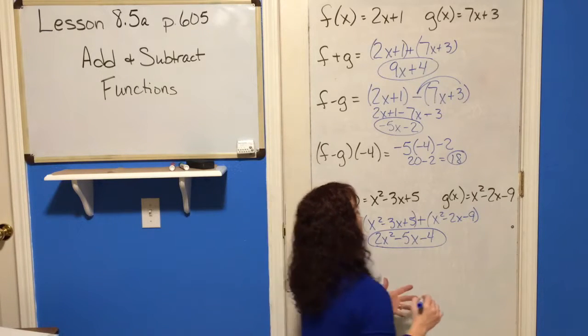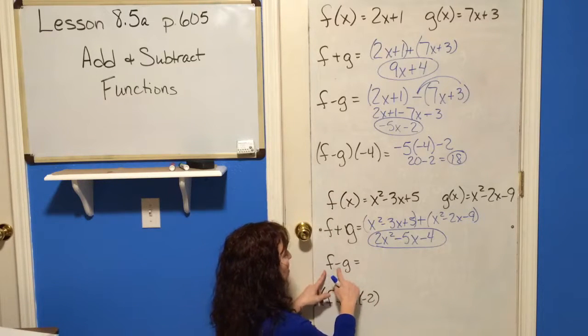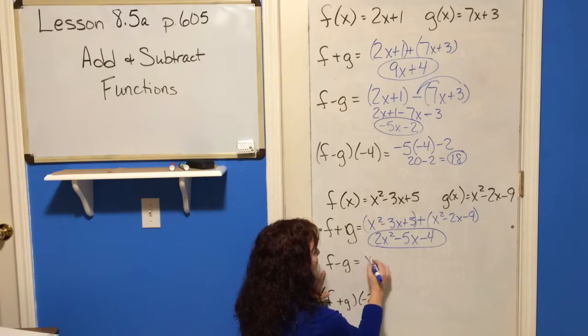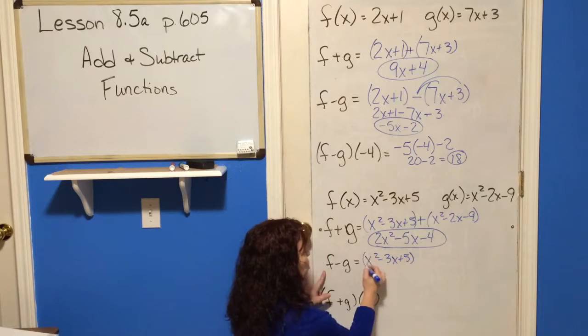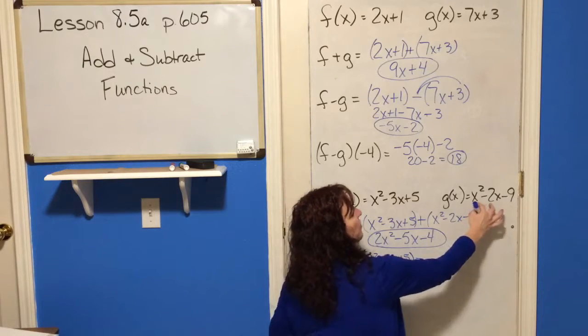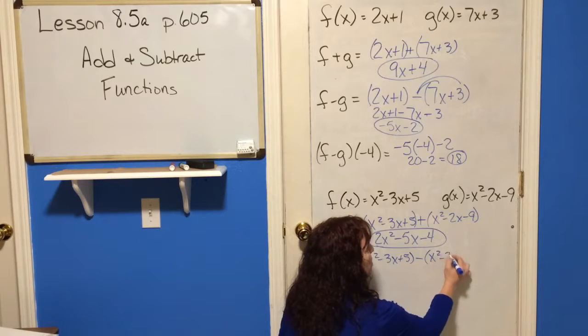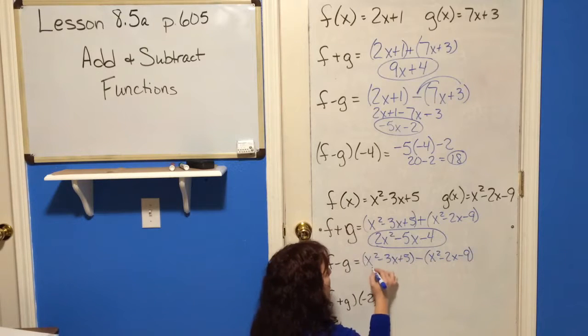Easy. Okay, can you do the subtraction one? Have you done it already? The function of f minus the function of g. So start with the function of f, x squared minus 3x plus 5. The function of f, and you're going to subtract the function of g. So be careful that you subtract the whole thing, x squared minus 2x minus 9. So when you subtract the whole thing,